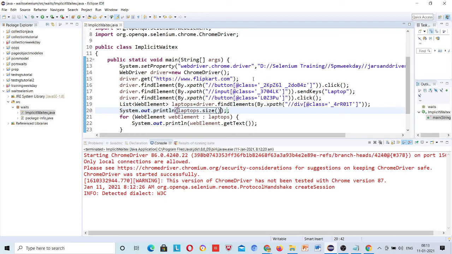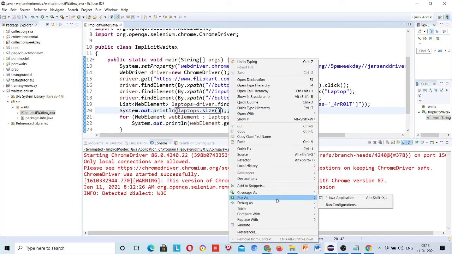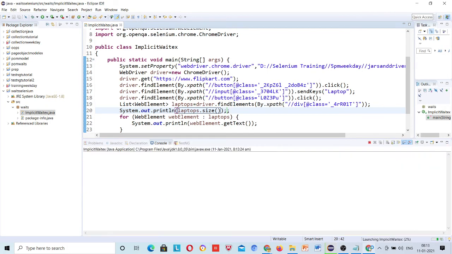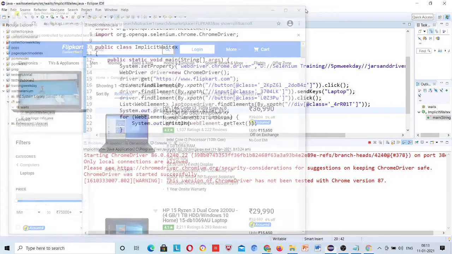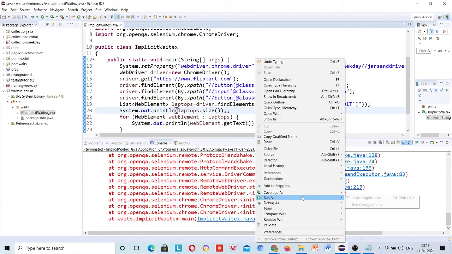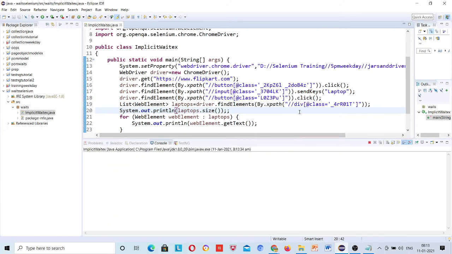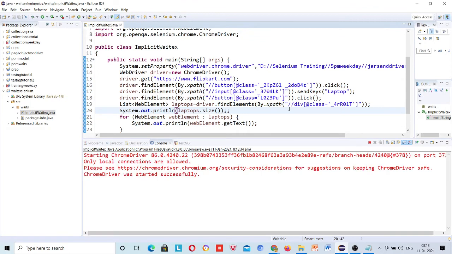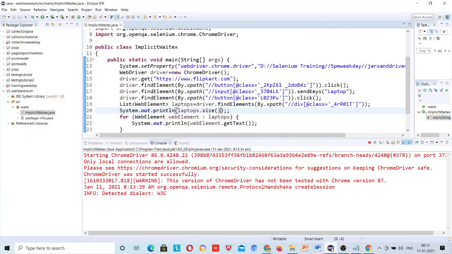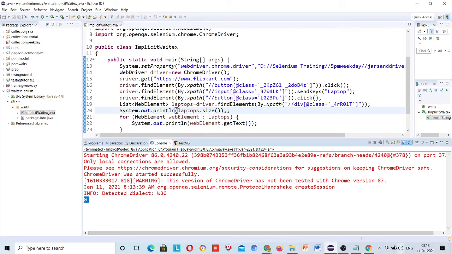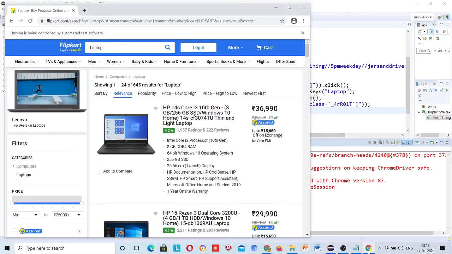I will again run it. This is the previous one, I will close it again. I will run this script. Zero. Why 0? Here laptops are 24, but the size is 0, because